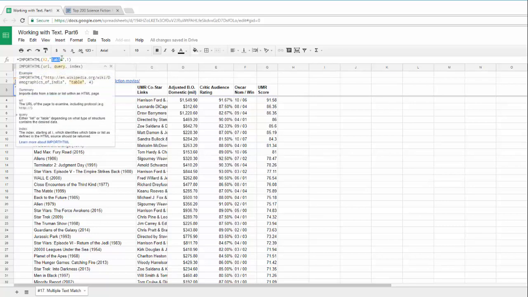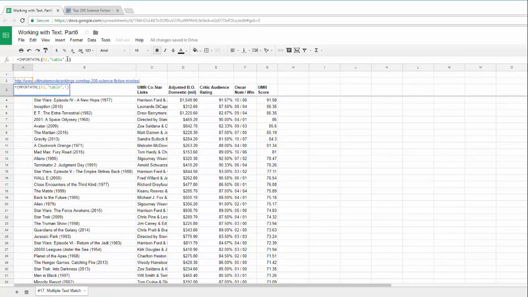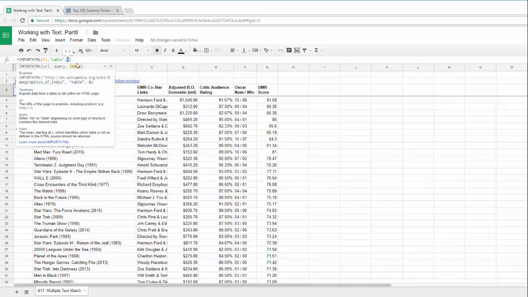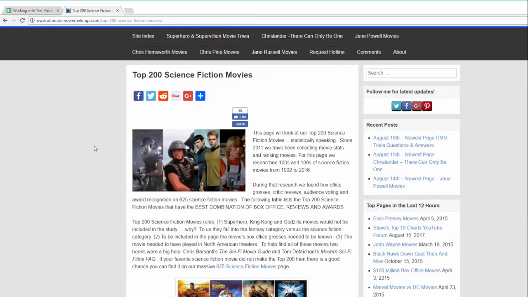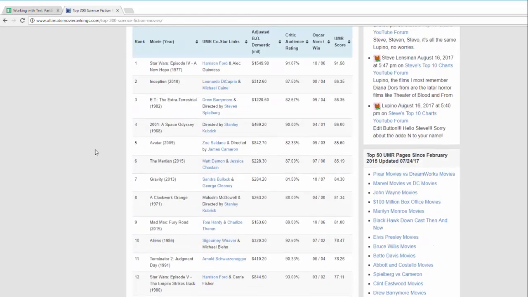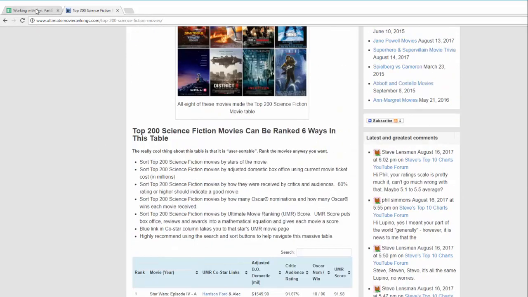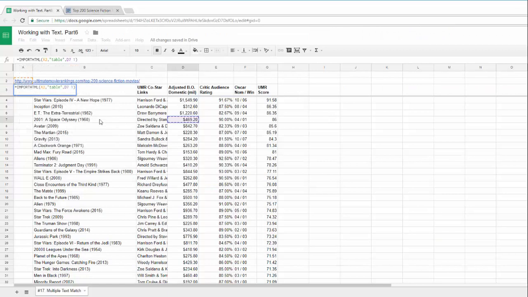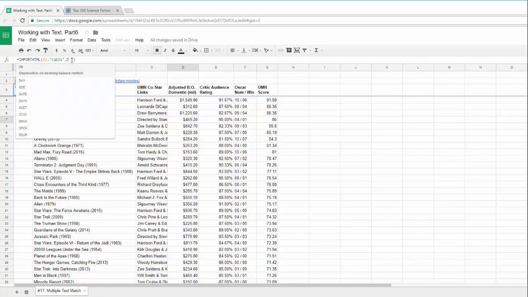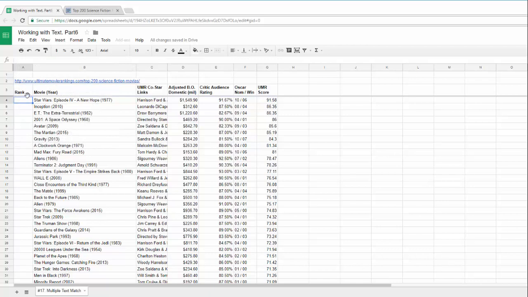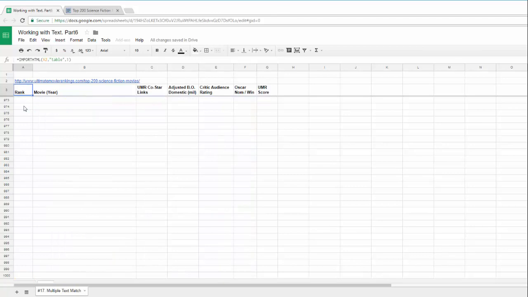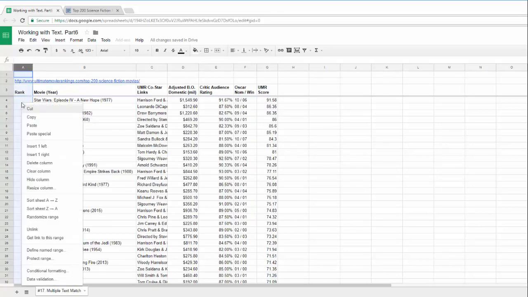Next one, query: list or table. I want to query table, and the number of the table is 1. I guessed it was number 1. It may be any number of the tables in this website. So this was the first table. And this table was imported, but I see there is no ranking, so I guess I'll have to make a rank